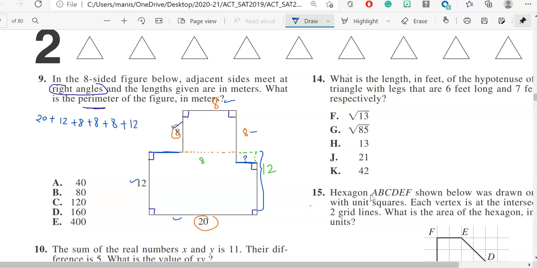Alright, now what else is left? Now we are left with this part over here and this part over here. So this is one more 12. Now let's add all of these. This gives me 20, then 40, 60 and 80. So 80 is the correct answer choice. Do we have this answer choice? Yes. Option B is the correct answer choice for this problem.